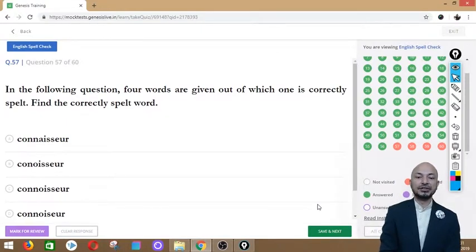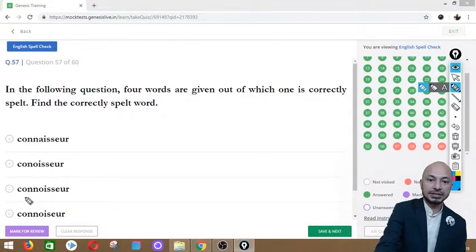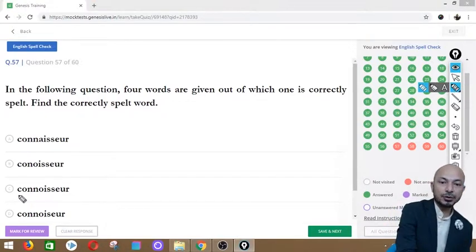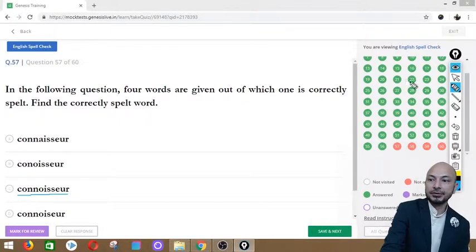So on to question number 57, and the word is connoisseur, and the spellings given are Connaisseur. Second one says Connoisseur. The next one says Connoisseur, and the option D says Connoisseur. So the correct spelling over here is option C, which says Connoisseur, connoisseur. So we click option C